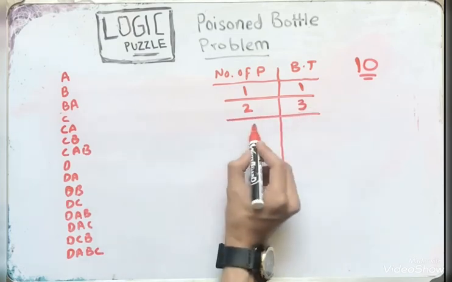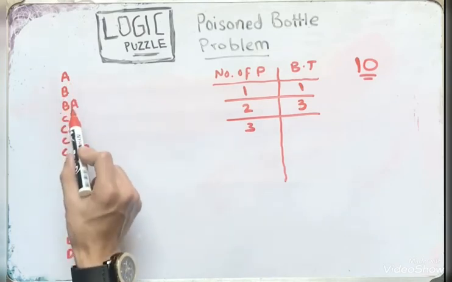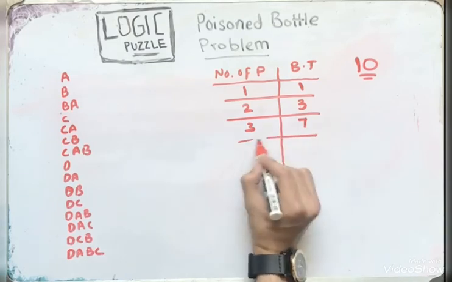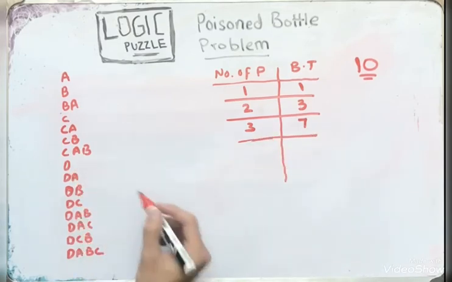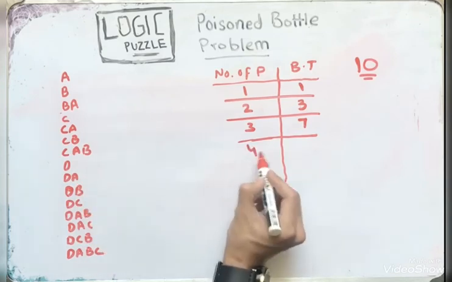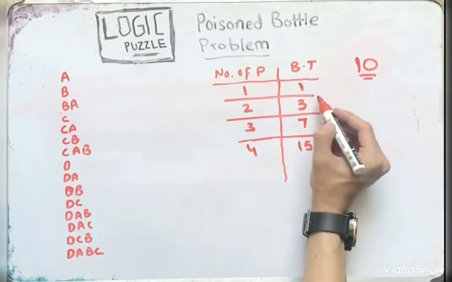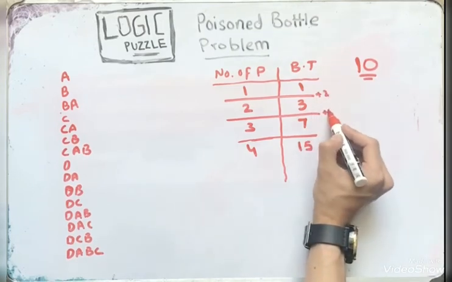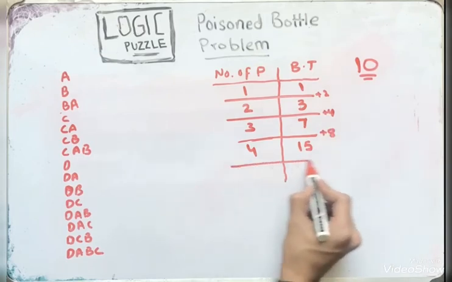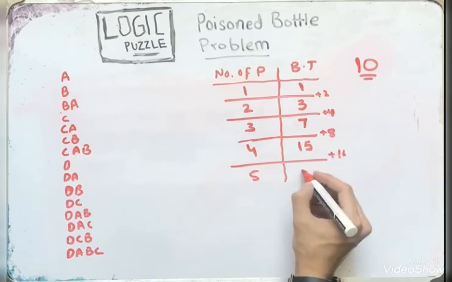With number of prisoners 3, when C was also introduced, then 1, 2, 3, 4, 5, 6, 7, right? And with number of bottles 4, you could see that 8, 9, 10, 11, 12, 13, 14, 15. So you can see a pattern is made here. You are just adding +2, then +4, then +8. And if you count for number of bottles 5, you would just add 16 more, and 15 plus 16 is